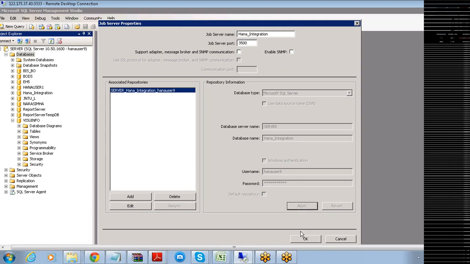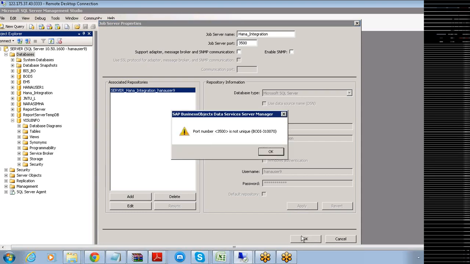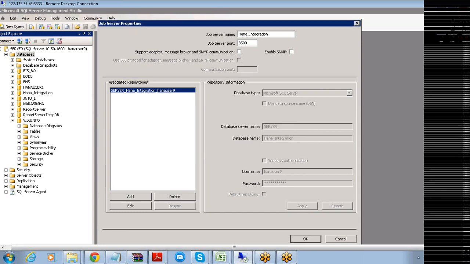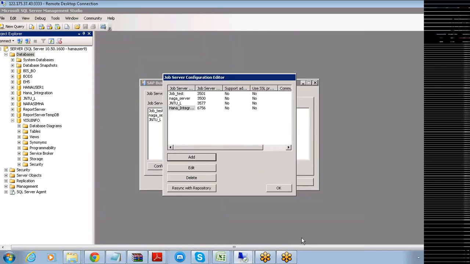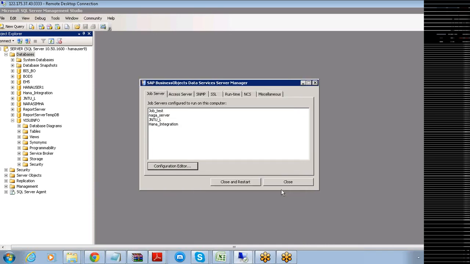Once this is done, you click on OK. The port number, please change it to some other port number, that is 6756. This is done. Once it is done, you click on OK like this. Your HANA integration is added here. Once this HANA integration is added, you close this job server, and this window is supposed to close successfully.